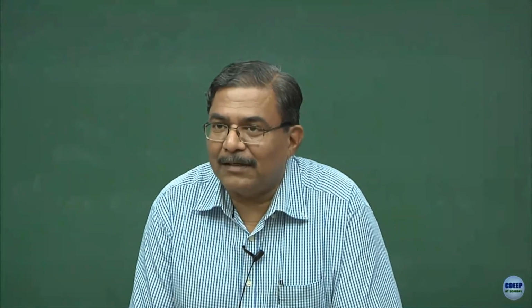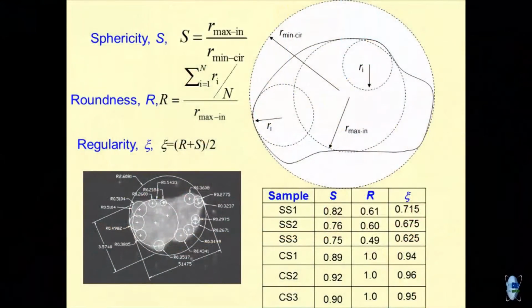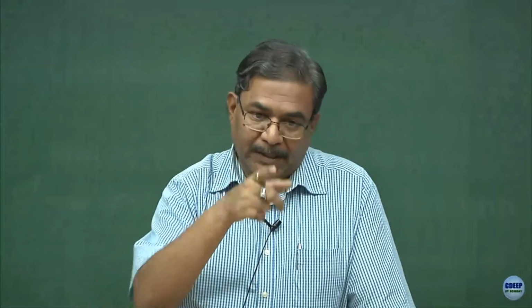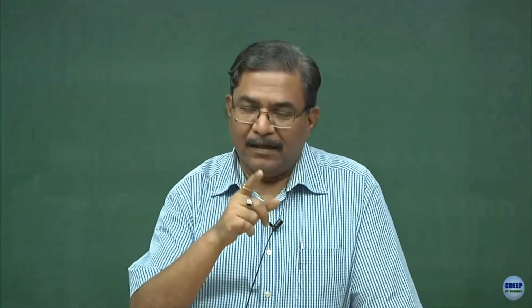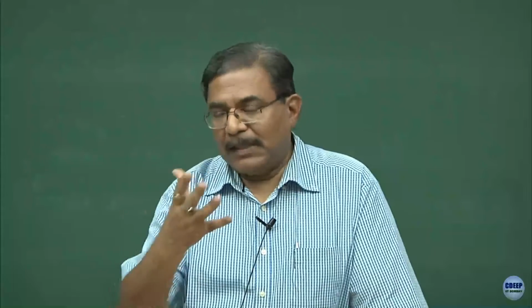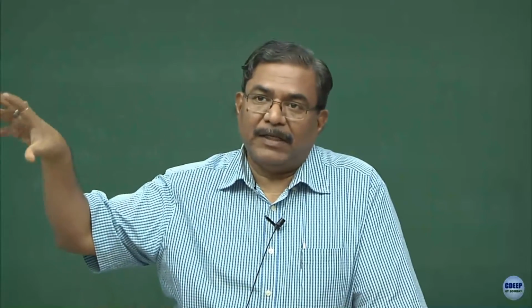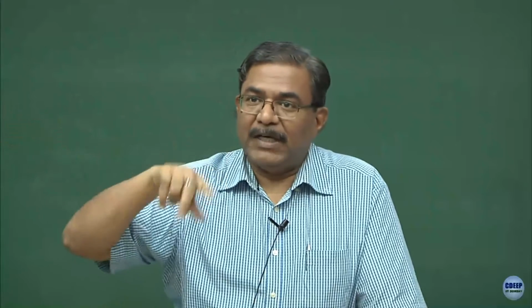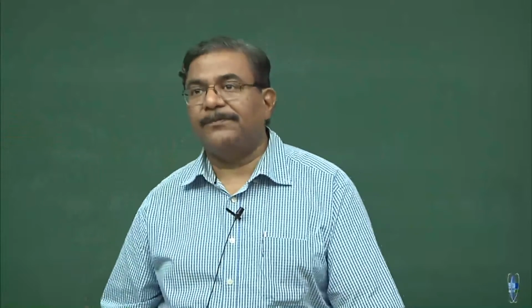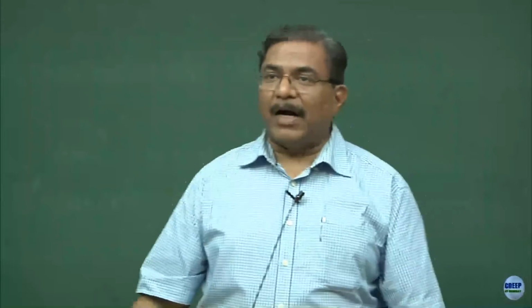It becomes very interesting whether this morphology data can be used for already existing structures, if they are prone to liquefaction. There are several papers, if you check on the net, where people are now realizing how shear wave velocities depend upon three parameters: sphericity, roundness, and regularity. So, truly speaking, these three parameters define the morphology of the material in quantified form. So, Vs is a function of S, R, and epsilon. So, Rd is a function of all these.